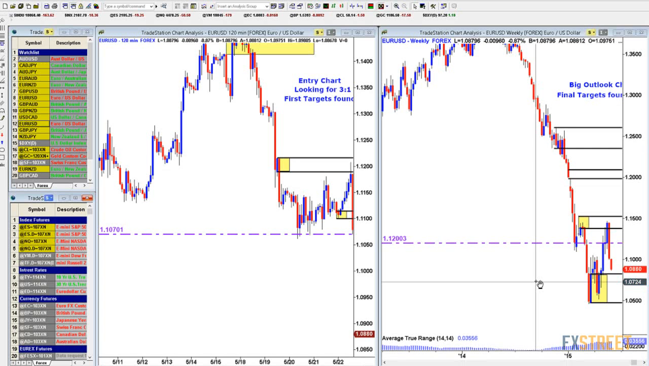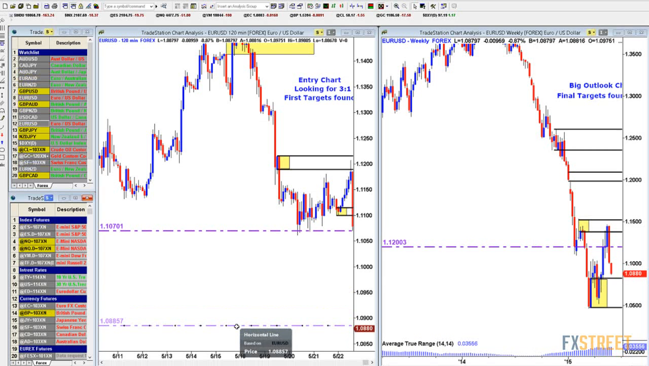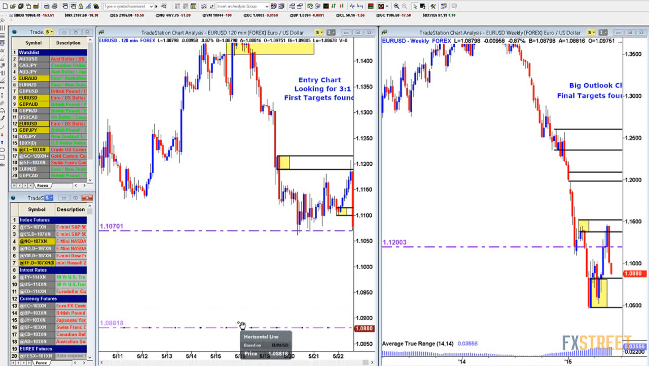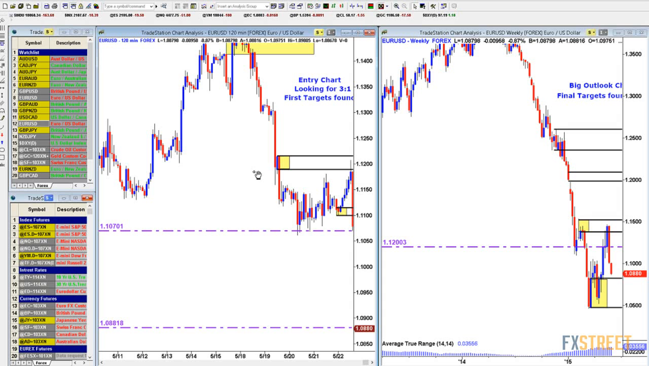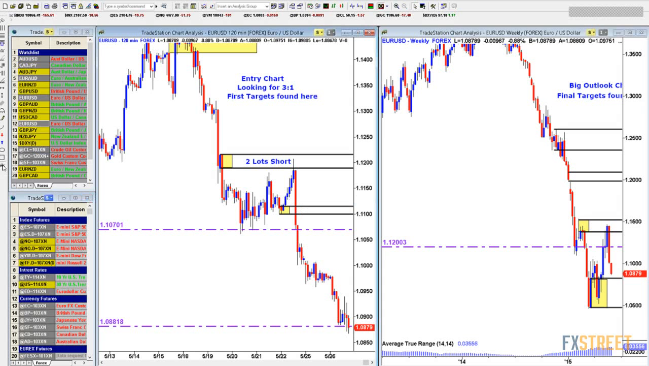We're going to go for the final target around 1088. So let's mark the line up over around the 1088. So this is our final target, yeah? Right, good. So we're in here, and let's just say we were in with, I don't know, 2 lots. I'm just going to use some easy numbers on here. 2 lots short, okay? At this particular point, at this area here,